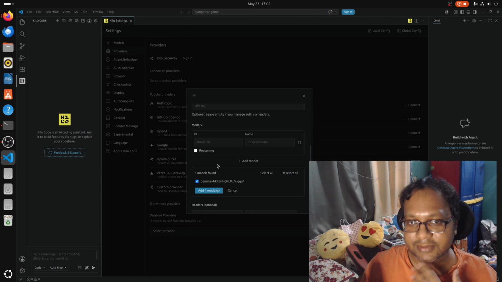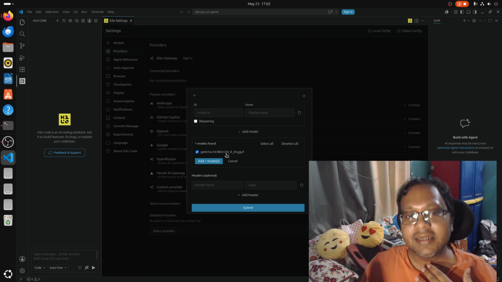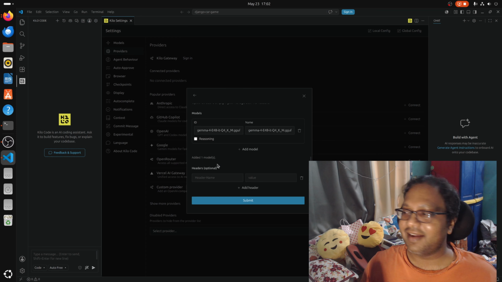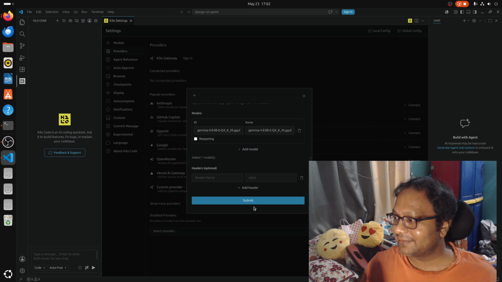So if you scroll down, you can see Gemma is auto detected already. It's because I'm running this model in the terminal. It's already showing in here, so I can just click and add it here. So Gemma model here. And if I submit here,